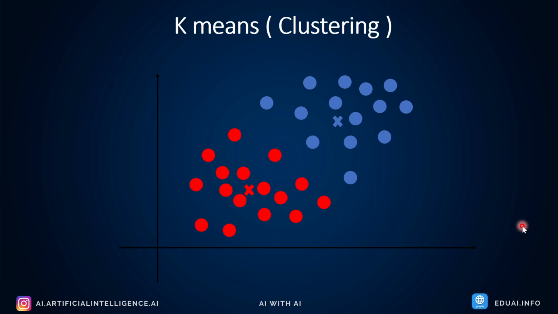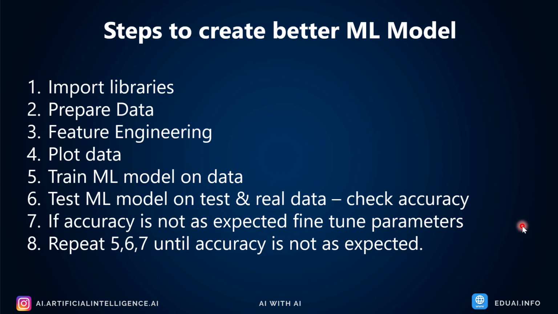So we need to reduce this error, which is nothing but within cluster sum squared error. So now talking about the demo part, what are the steps that we need to follow? So, steps to create a better machine learning model. We know about this. So I have prepared certain steps, certain process, which any data scientist, any machine learning engineer should follow, are these 8 simple